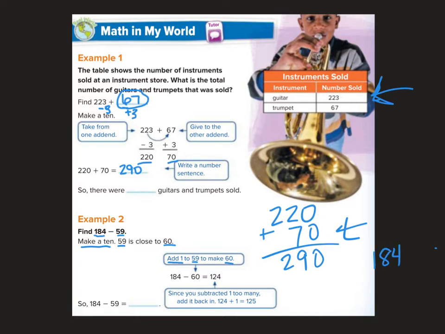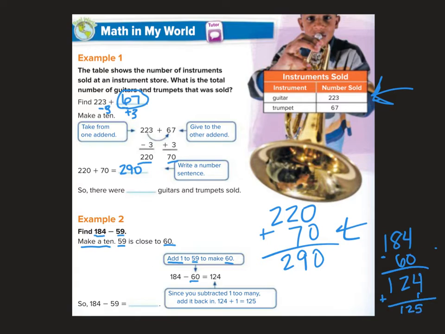Let me scooch that over so it's not so hard to read. 184, and then if I subtract 60, I'm just subtracting tens. So I'm going to get 4 there. 8 minus 6 is going to give me a 2. So I'm going to get 124. But now we need to go back in there and think to ourselves, okay, I subtracted 60, but I was only supposed to subtract 59. So I need to add 1 back in to get my final answer of